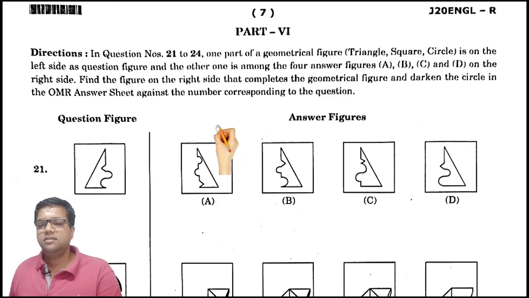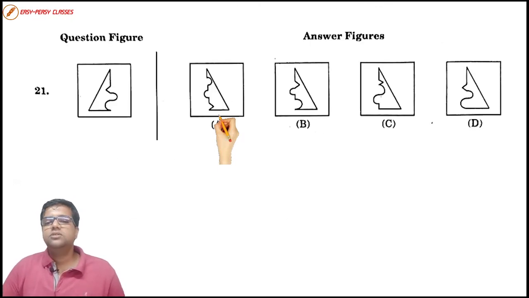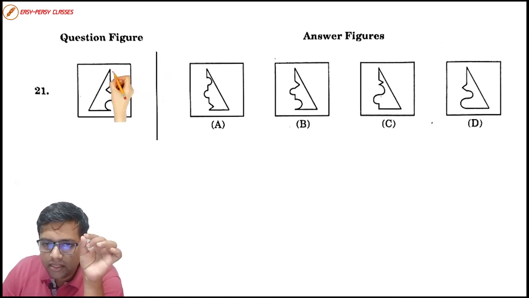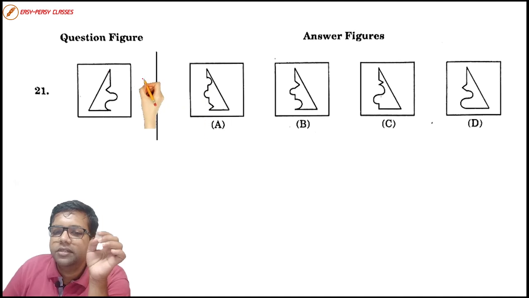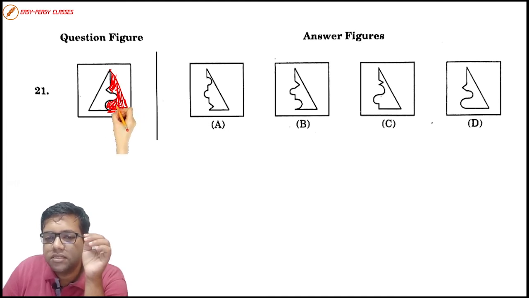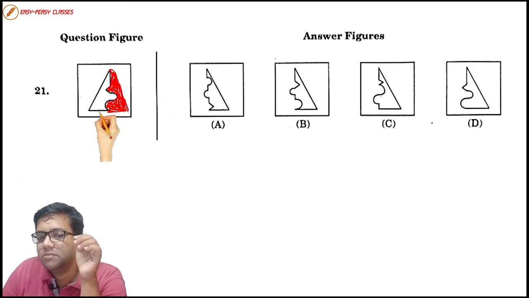All right, this is also a kind of missing figure question. The only thing is you will have to complete it by your imagination, or you can even hold your pencil and complete the drawing by looking at the options over here. See, if you look at the options over here, it somehow completes a triangle like this, right? Complete the triangle, color this particular part and just see which part it matches with. Some of the kids will also answer this question even without coloring, just by looking at what kind of shape is being cut out from here.